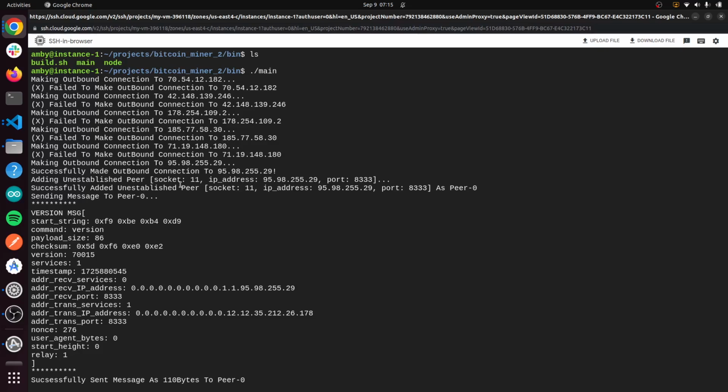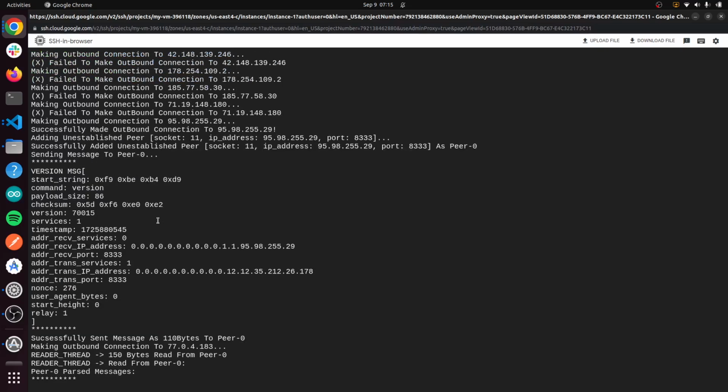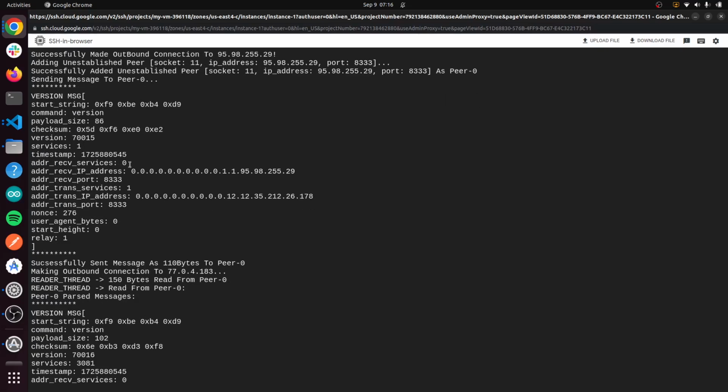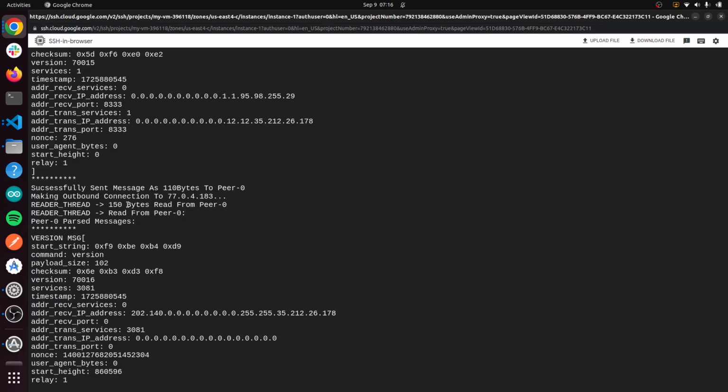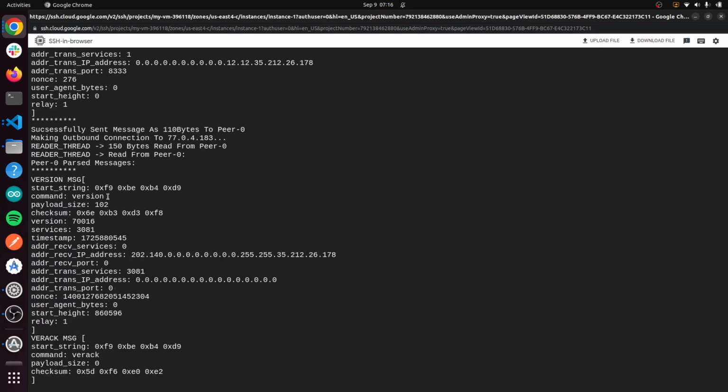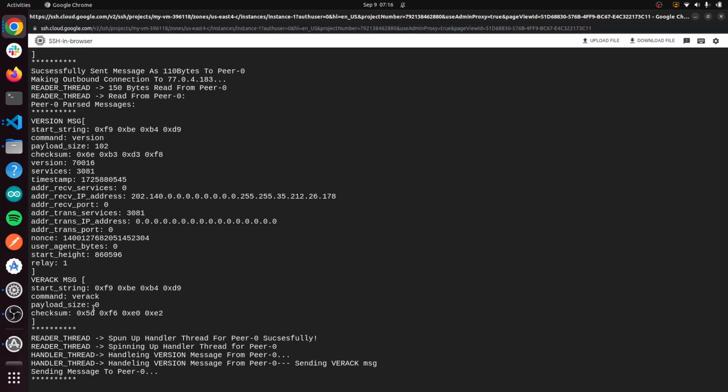So then it tries to connect to them. Some of them don't work, but some of them we end up getting a message from. So we were able to make a TCP connection to this guy, and then we got a version message. We got a verack message.